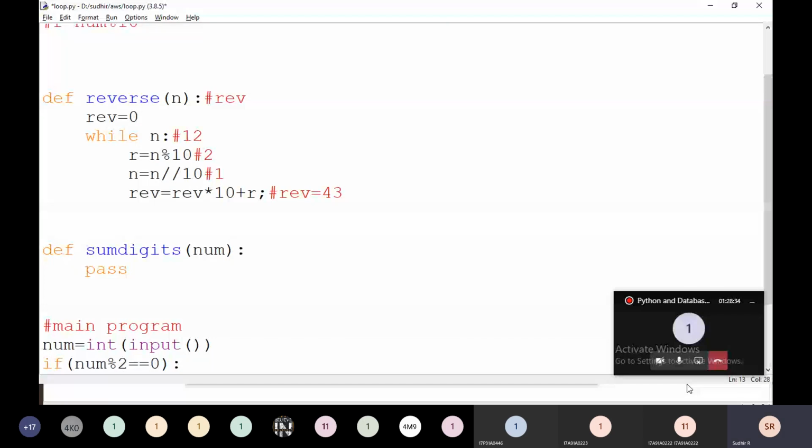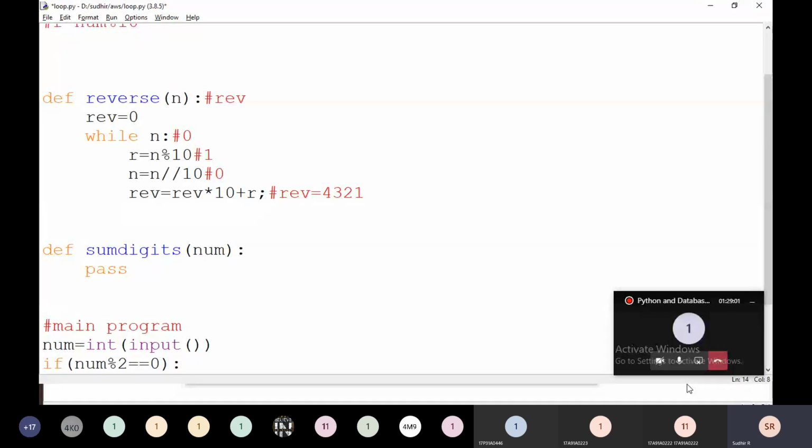Then now 43 into 10, it is going to be 430 plus 2. It is going to be 432. Then while 1, R becomes 1, n becomes 0. Then it is going to be into 10 plus 1. Then what is n value? N value is 0. That is the end of the loop.